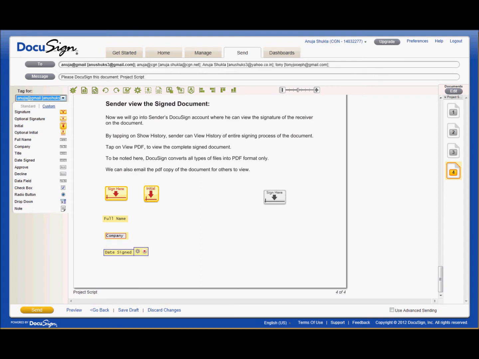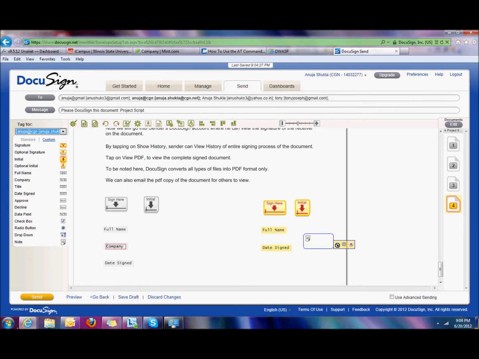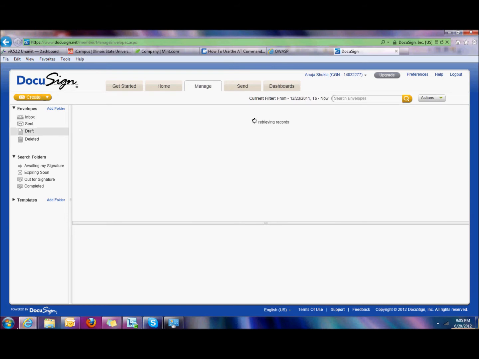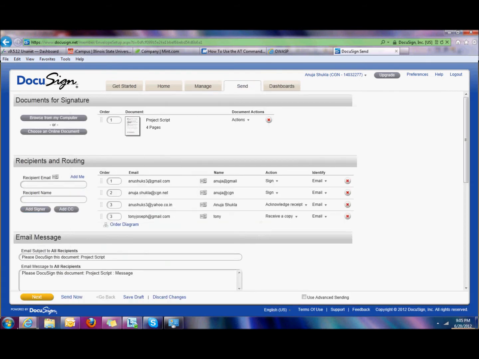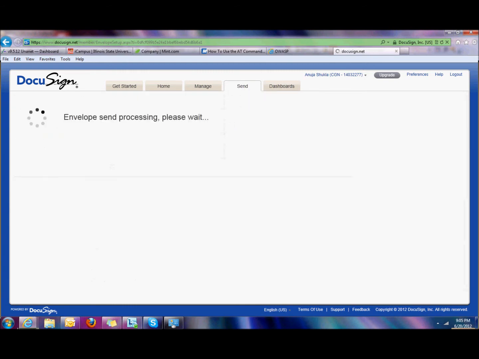Now from the drop down I'll select Anuja at CGN and put in all the signature e-tabs, which they call sticky e-tabs, where I want Anuja to sign all the signature credentials. So with this I am done with putting in all my sticky tabs. Now I can see that this document is here in my send tab. I'll say send now,